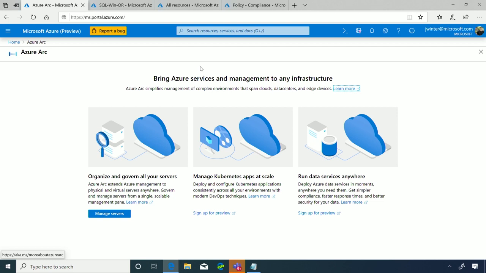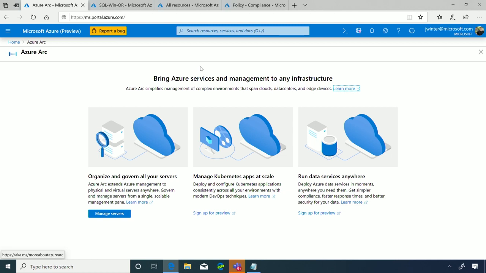The Kubernetes is in limited preview, so please sign up for the preview. We'll take your name and we'll get you added. And same for the data services. If anyone is really just jonesing to get into the private previews, like I want on this Kubernetes preview as soon as I can, come talk to me afterwards. I'll get you access. I'll take a picture of your badge and we'll get you access.